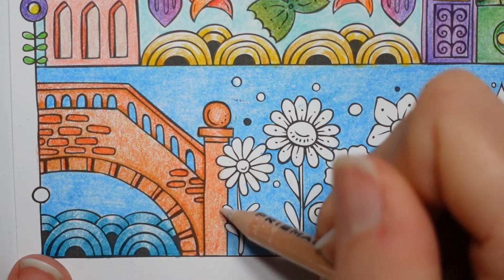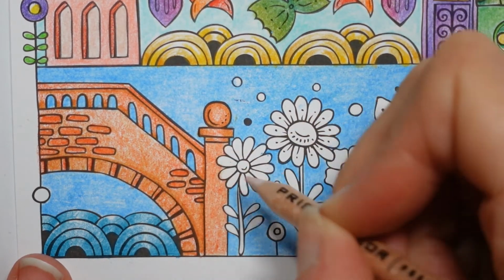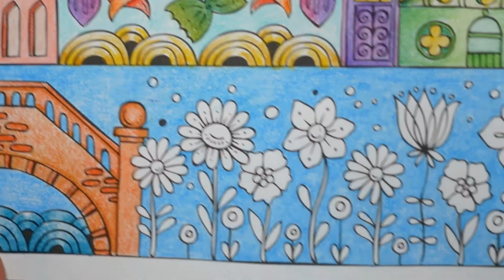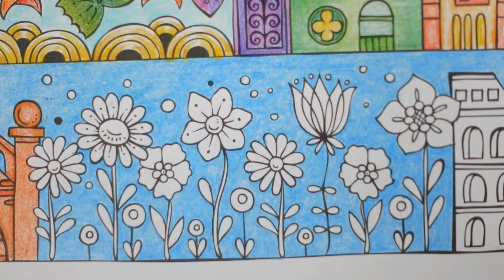There we go. I do need a makeup brush to dust off the page. I have had a recommendation, I have put it on my wish list, but when it comes to Christmas time, that might be a thing to see if people want to get me. You might think I'm a bit weird. I don't wear makeup. Why do you want a makeup brush? So I don't wear makeup. But